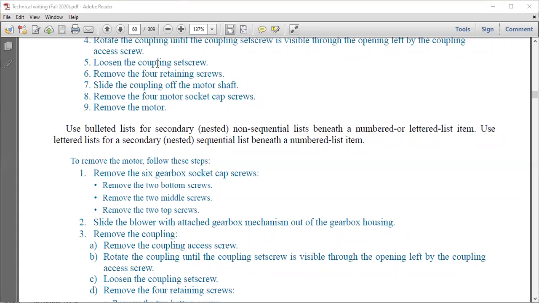Just wait for a while, it's getting stuck. Okay,